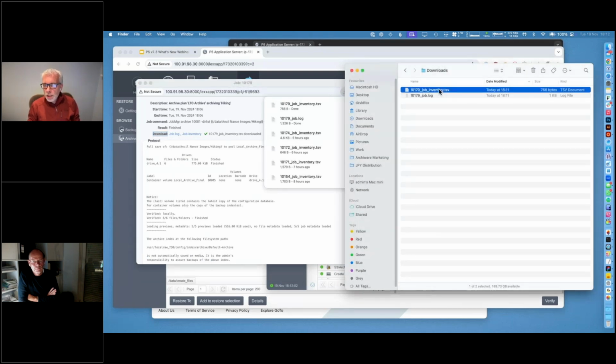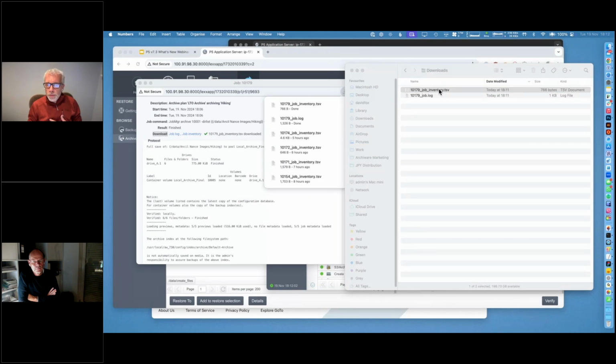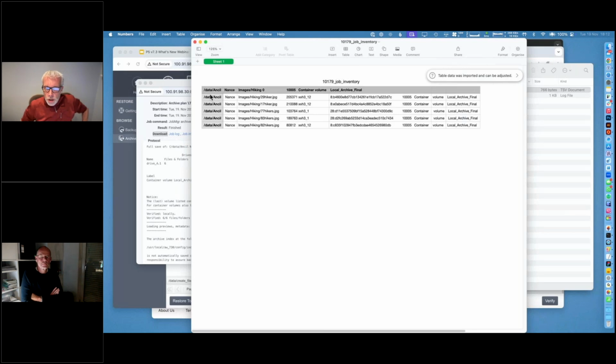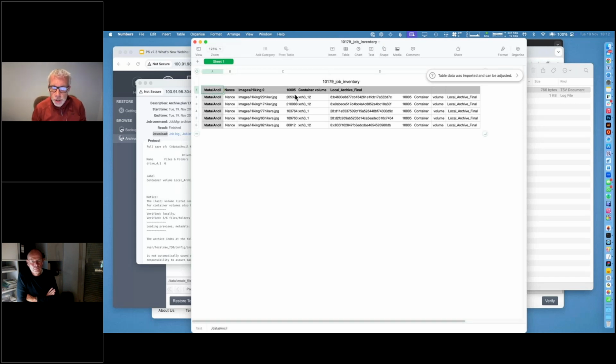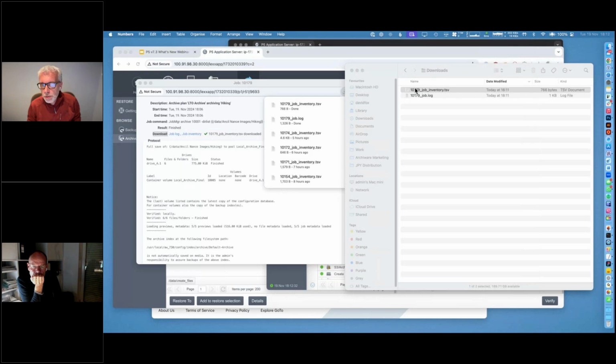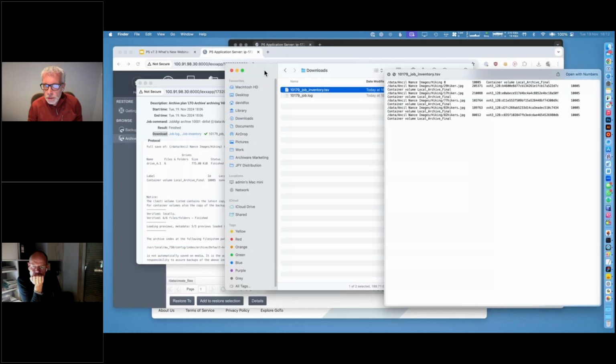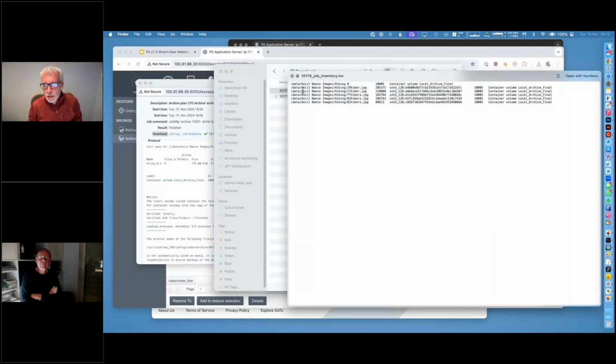Looks like this. I'll open it in the Mac spreadsheet app so we can see the columns. So you can see this was an archive of just 5 files. And the job inventory tells me about each file and the size of the file, the volume. That actually, we've got some funny breaks here. I don't think it's used the tabs as the delimiter. So just a bit strange because I think it was doing earlier. But if I just show you it as the text file, because it's just a tab separated file, grab the right corner, you can see that